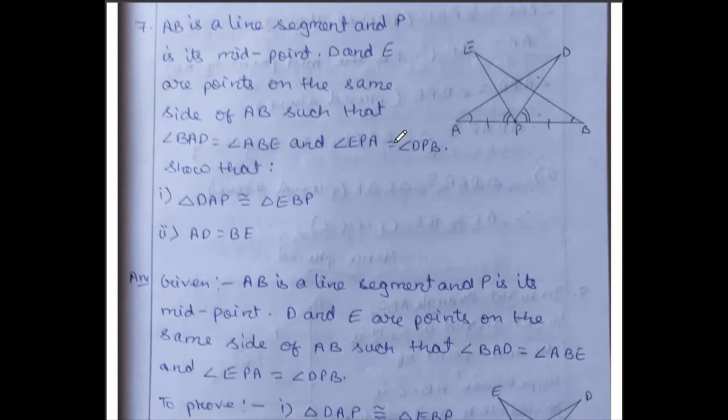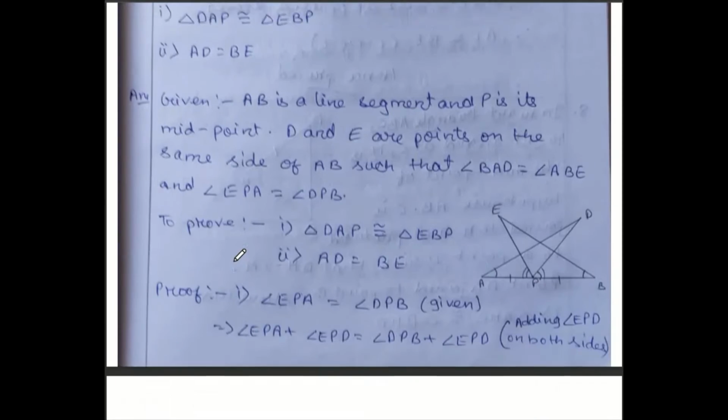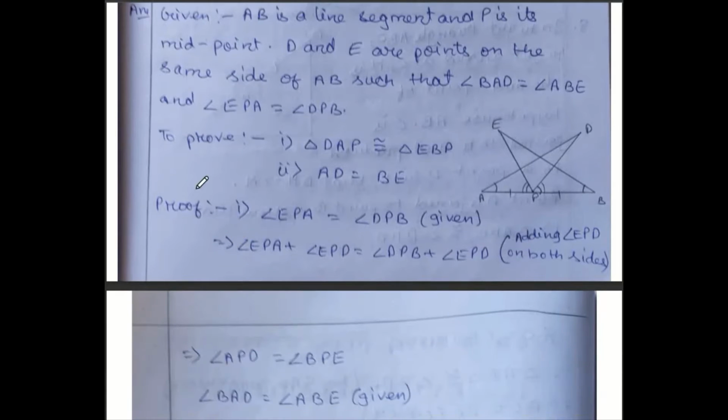This is your question. Now, when you answer this, first write the given material and draw the diagram. I wrote the question for you. Now we will start answering. In your answer, first write the given material and draw the diagram. First given thing, AB is a line segment and P is given as a midpoint. If P is the midpoint, then this one and this one both are equal.